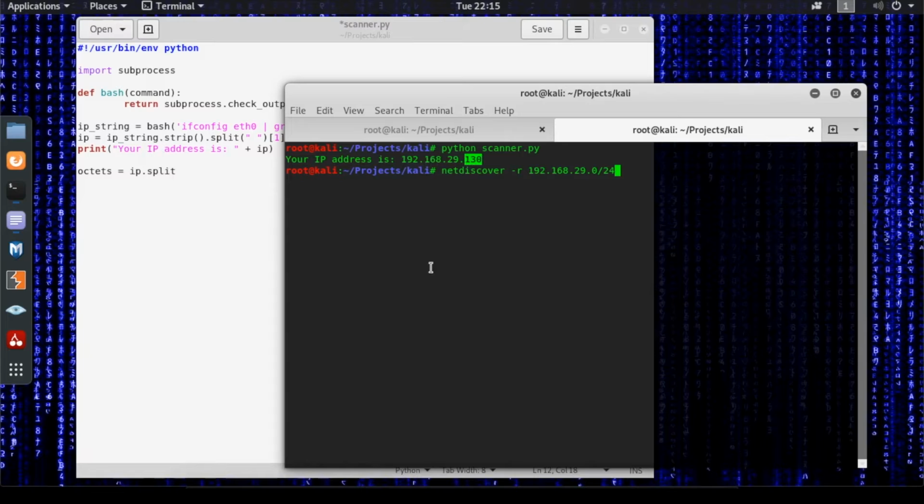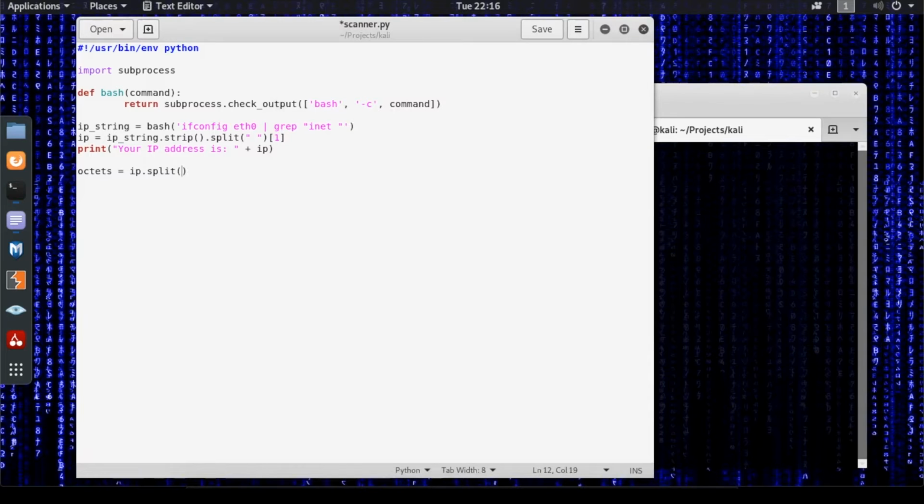If you remember what split does, it takes in an argument. Earlier we used the empty space, but now we're going to use a period, meaning it will split up the IP address into an array of elements, and each element will be whatever's separated by the periods. So it should be an array of 4 elements. First element should be 192, then 168, 29, 130. It's really quite intuitive. I'll just go ahead and show you an example